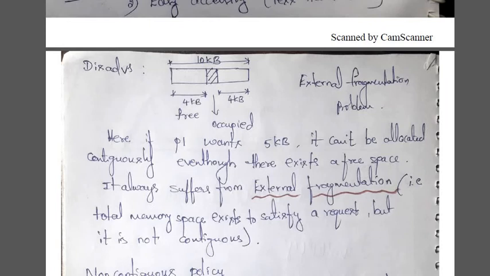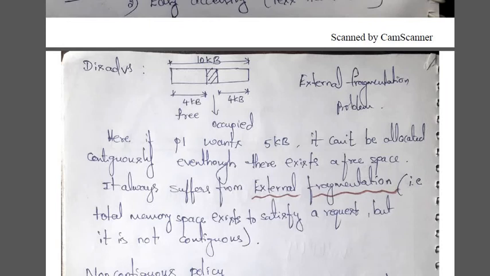In the overall memory, I have 4 kilobytes and 4 kilobytes, that is in total 8 kilobytes available. Since I want to allocate 5 kilobytes of continuous address blocks to P1, it's not possible, because I have only 4 KB in the first free space and a second hole of size 4 KB. Since P1 wants 5 kilobytes, it cannot be accommodated with 4 kilobytes here and 1 from the second hole, because it needs continuous address blocks. So that is the disadvantage.